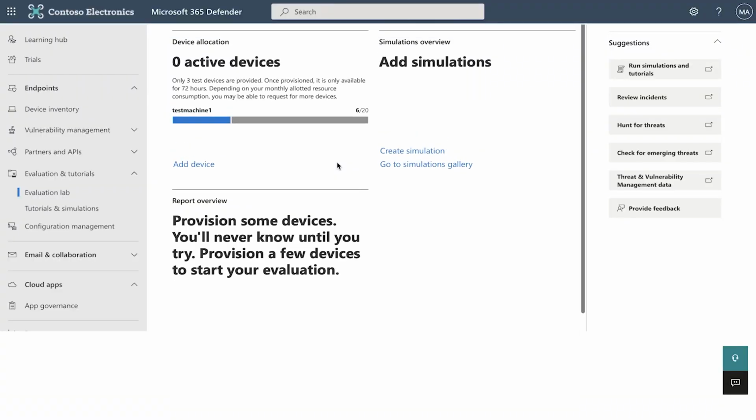closed. And I guess another difference is for the simulation and tutorials that we just talked about, these are all things where someone needs to do something, like going and RDPing into that machine. For the simulations that can be added in the evaluation lab to a machine, these are automated, and then you basically look at the results. Exactly. But you don't have to. Yeah, exactly. So there's the hands-on options, or there's the automated options where you can run the simulation exactly as it sounds. It will simulate those attacks, and then you'll be able to see and understand and investigate